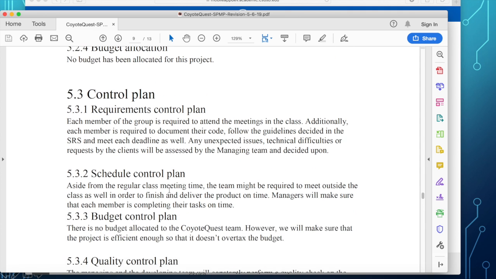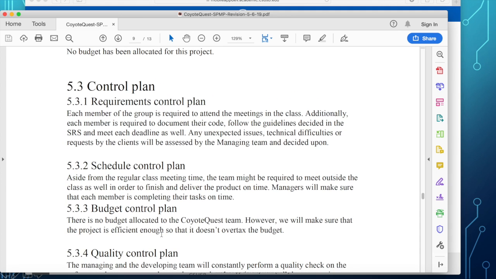Okay? So here in section 5.3, you will have a statement on how you control requirements. As I have mentioned, what if the client changed requirements? What is your protocol on how to do that? Or add more requirements. How are you going to handle that? As there is a saying, the customer or the client is always right. And so there should be some kind of a compromise on how to satisfy the client.